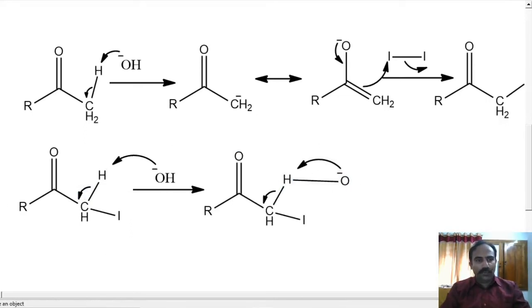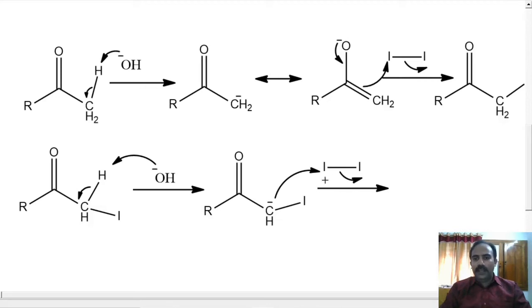That means a water molecule has formed. This bond breaks at the same time. And again, there will be a negative charge on the carbon, not a CH2. That's auto correction, CH actually. So negative charge on this carbon. So water got eliminated. Let's remove water anyway. And again, a nucleophilic addition or SN2 reaction will happen. Nucleophilic addition to iodine. This I minus will leave.